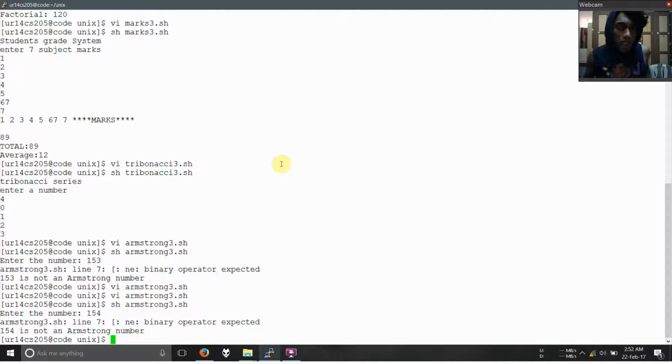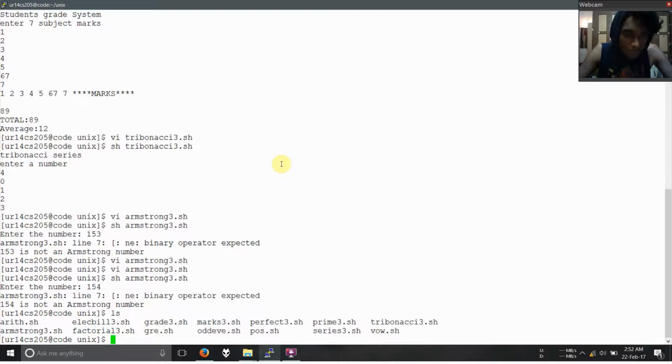So the next program states we have to find the perfect number. A perfect number is where the factors of the number, other than the number itself, when added together, form the number itself. The program is